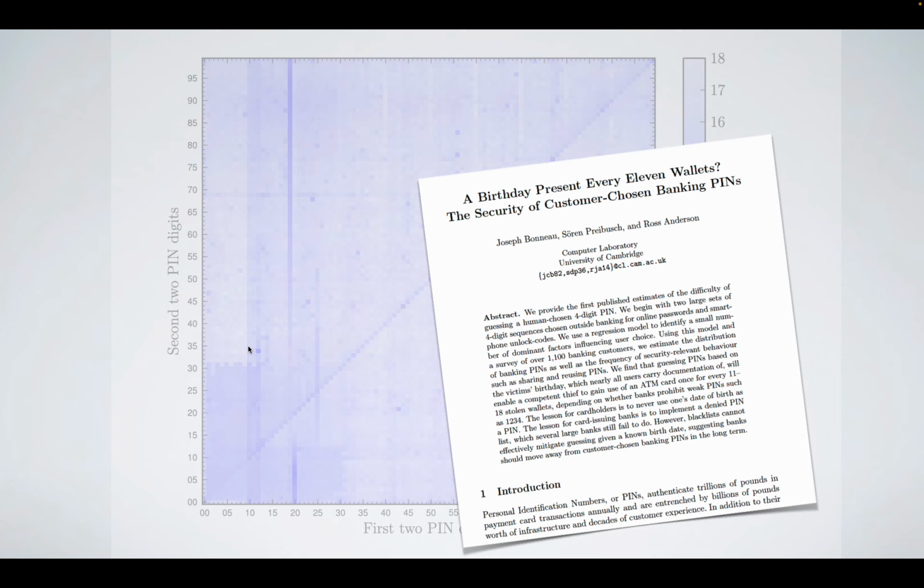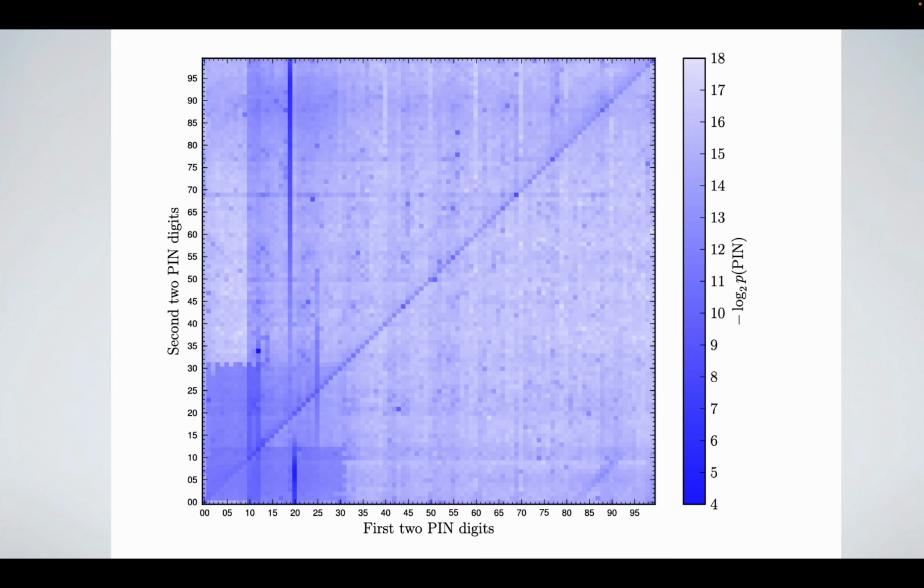What this paper did is it took all the passwords of people who picked a 4-digit PIN and ignored everything else. It just asked, how secure are 4-digit PINs? Whatever we can learn from this data leak could apply to other systems like banking passwords and things like that. So they created this picture, which looks kind of like noise. But this is absolutely one of my favorite pictures in all of computer science, and you're going to love it by the time we're done, when I explain to you what it is.